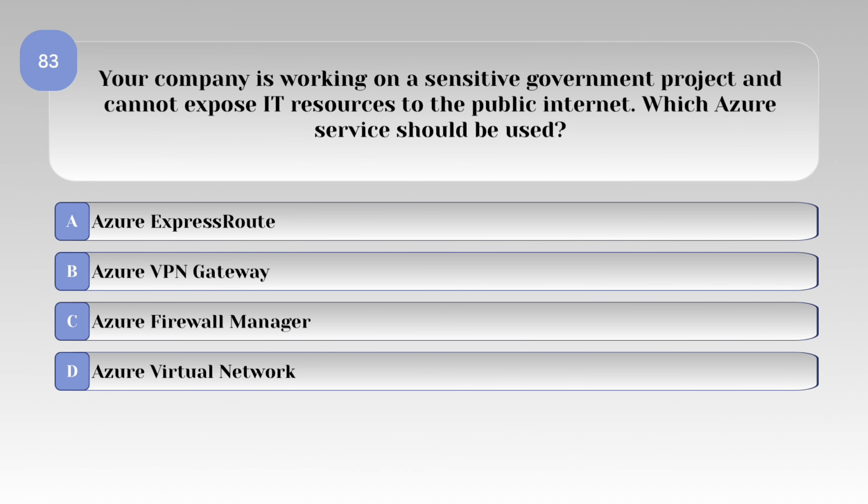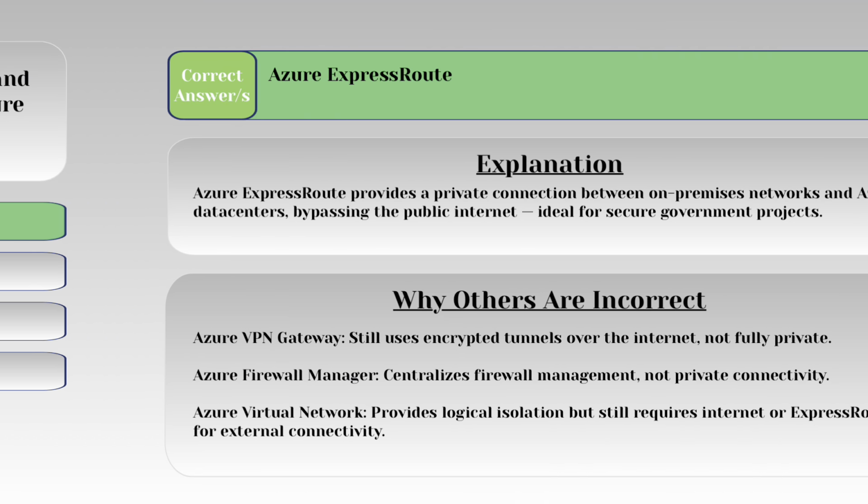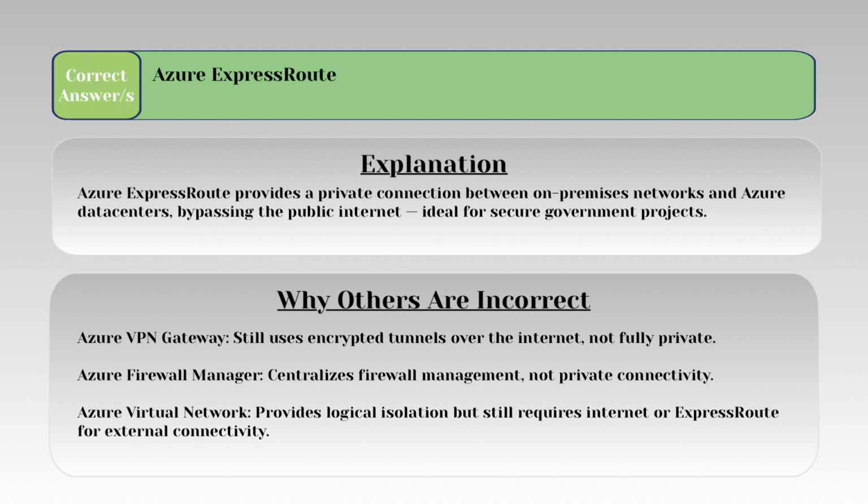Your company is working on a sensitive government project and cannot expose IT resources to the public internet. Which Azure service should be used? Correct answer, Azure ExpressRoute. Explanation, Azure ExpressRoute provides a private connection between on-premises networks and Azure data centers, bypassing the public internet, ideal